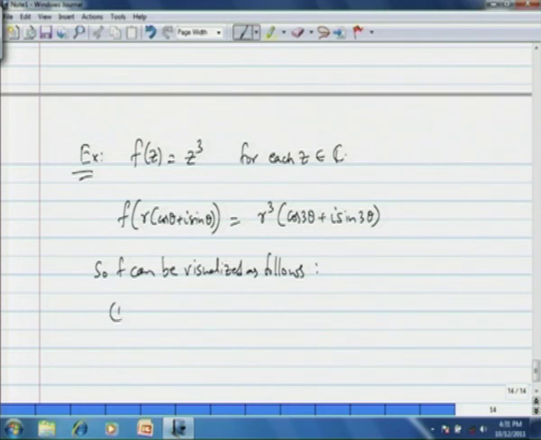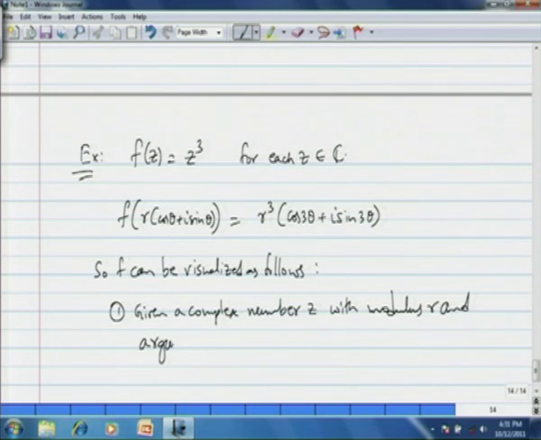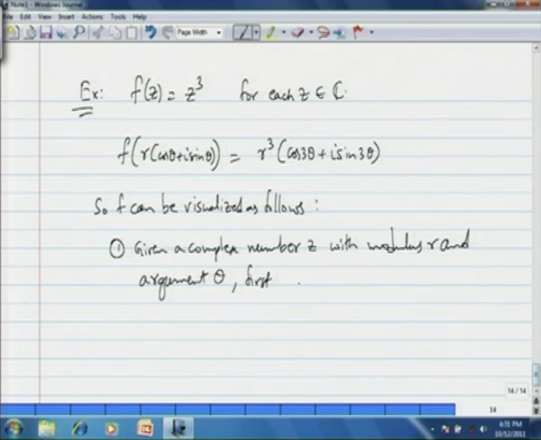Okay. So, given a complex number z with modulus r and argument theta. First, elongate z. This is performed in the complex plane; these kinds of operations are performed on the points in the complex plane. So, first elongate